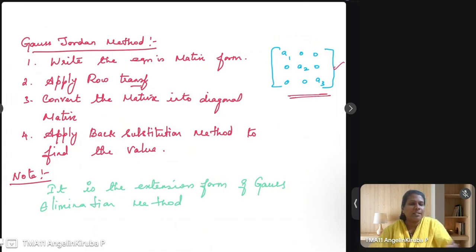The Gauss-Jordan method is an extension of the Gauss elimination method, because for Gauss-Jordan also, first we have to proceed with Gauss elimination, and then we do the extension. That is, first we convert the matrix into an upper triangular matrix, and then we convert that into a Jordan matrix. That's why it is called the extension of Gauss elimination. So this is the working rule for the Gauss-Jordan method. More or less both are the same. First we'll see one example for 2 unknowns and then we'll move on to 3 unknowns.